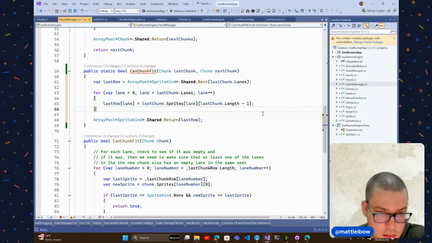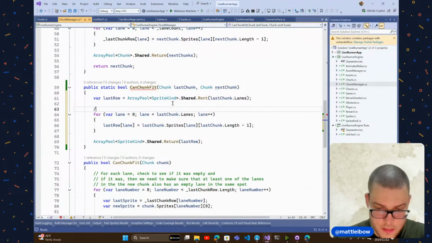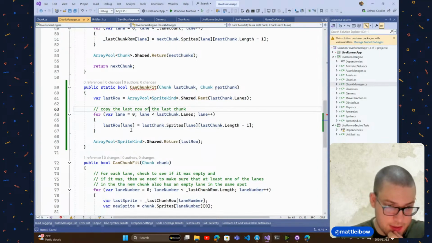There we go. Where are they at? Okay, all right, do the work for me. Copy the last row of the last chunk, right? And then we want to do